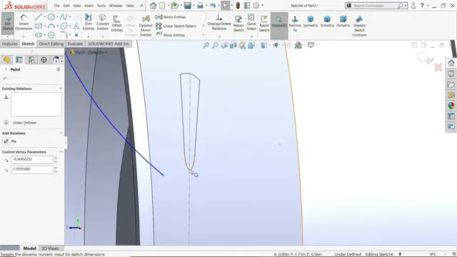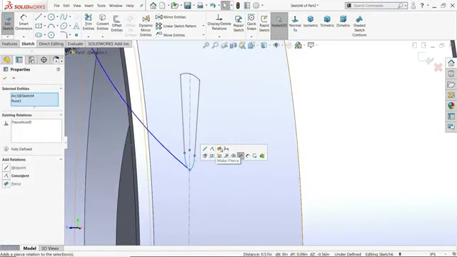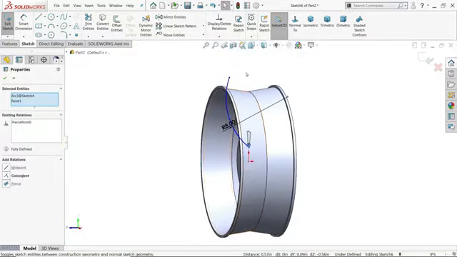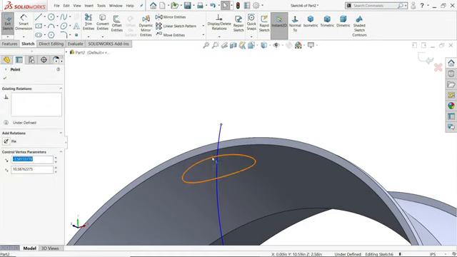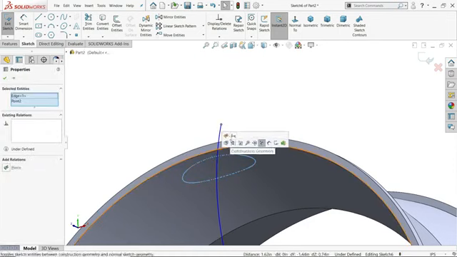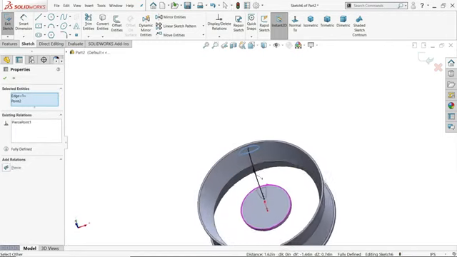Hold shift key and this pierce. That's fine. Now again hold the end point and select the upper edge of the ellipse, pierce. Now see, the drawing is fully defined.